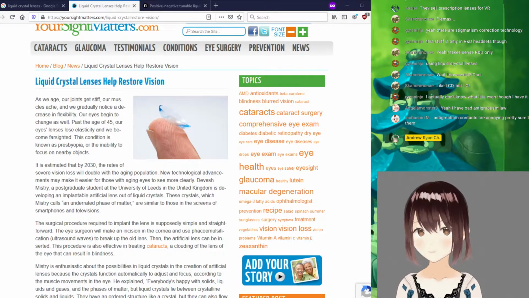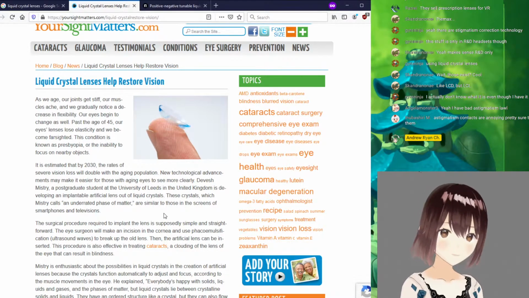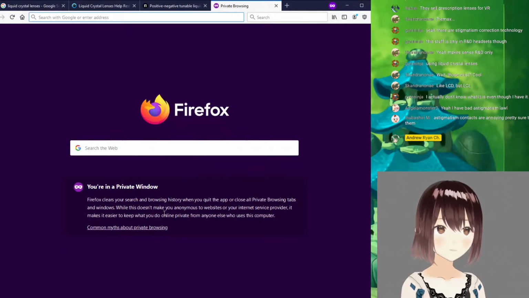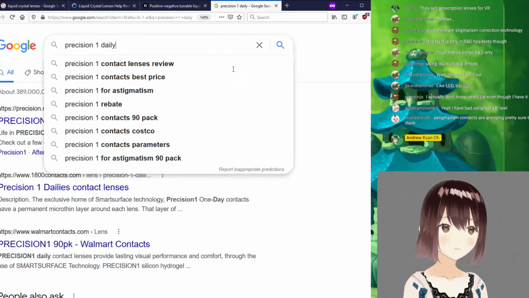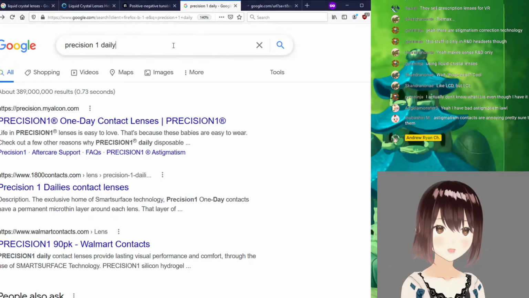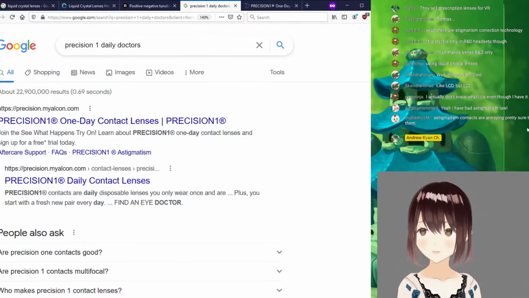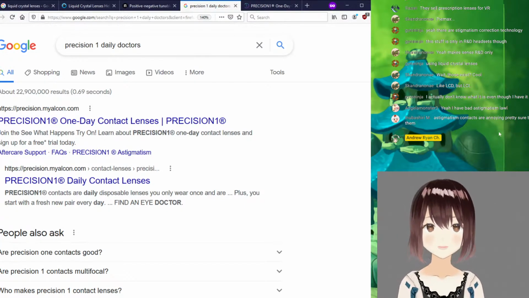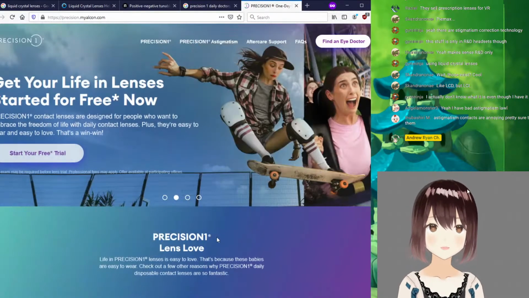It depends on the contacts, actually. So what I had is the, what is it? Precision. Oops. No, I don't want a 90 pack. I already have a 90 pack. Well, yes, but essentially the way astigmatism contacts work is they can't spin, because astigmatisms are in a specific direction only. So the contact needs to be right side up, while normally contacts will spin on your eyeball. So there's a technology that